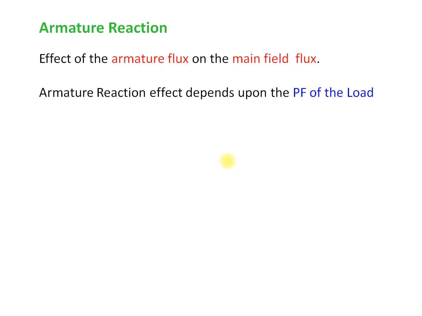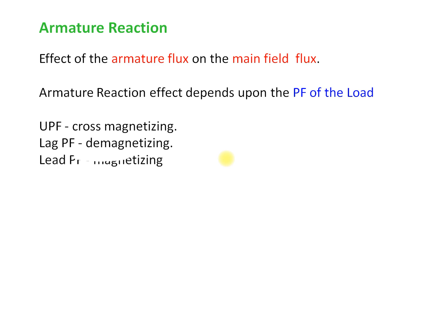We will be having a kind of reduction in the flux due to the interaction between the armature flux and the main flux, that is the field flux. Due to this interaction, in some of the load conditions, the resultant flux will be varying. That kind of reaction is going to be called armature reaction. How to quantify this reaction is going to be a big topic that is going to be discussed now.